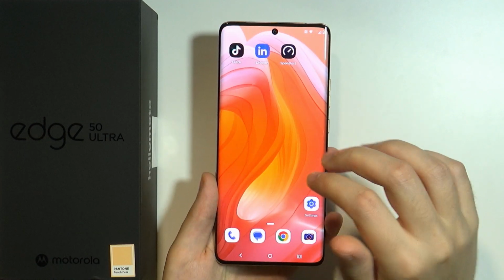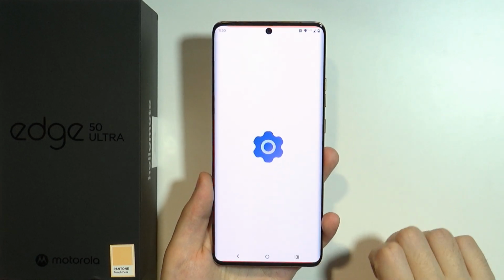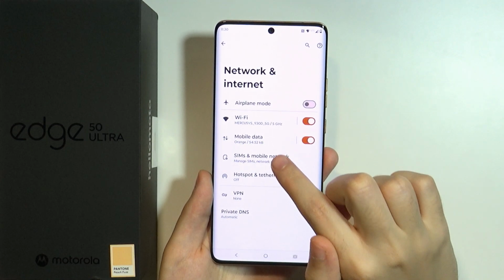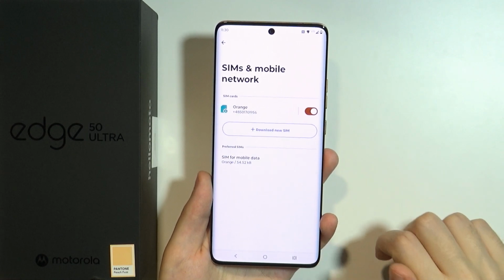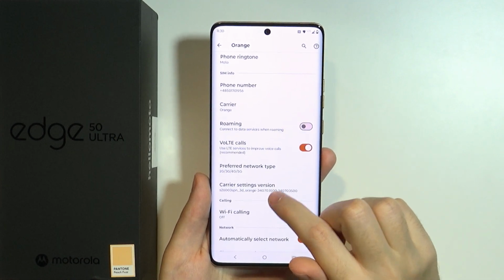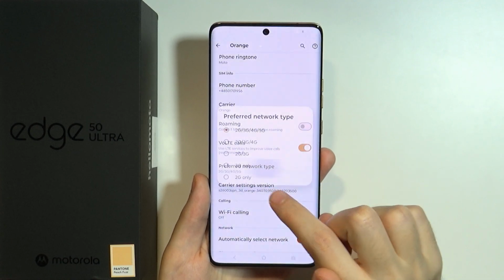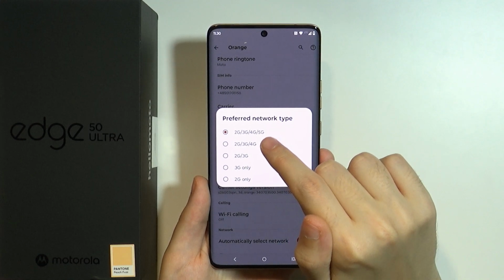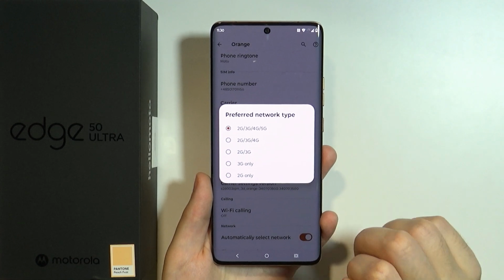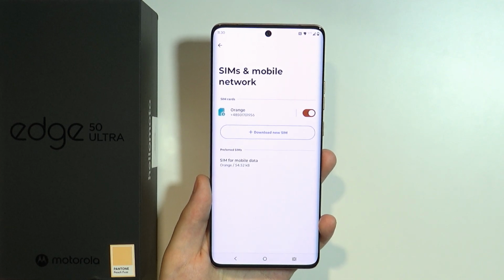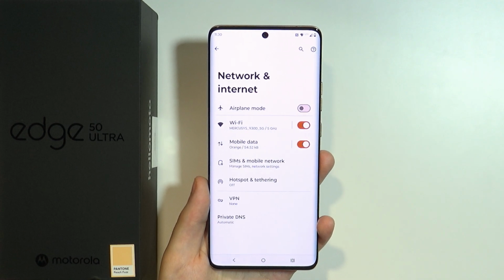So the first thing that we can do to try to fix this issue is by going to settings, then over here choose network and internet, and then go to SIMs and mobile network, select your SIM card, and over here scroll down and find preferred network type. Make sure that the selected option has 5G in its title or description. If it does and 5G is not working anyway, then there is one more thing that you can do before we confirm or perform the reset,